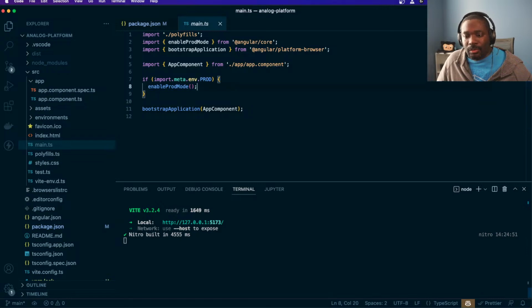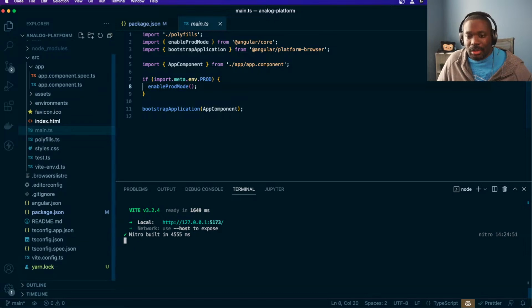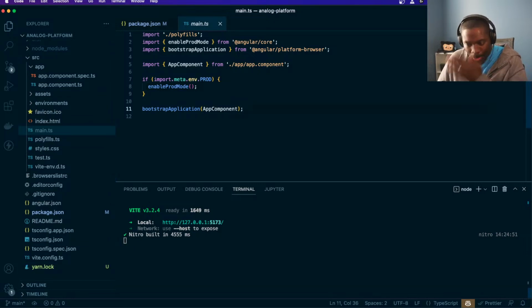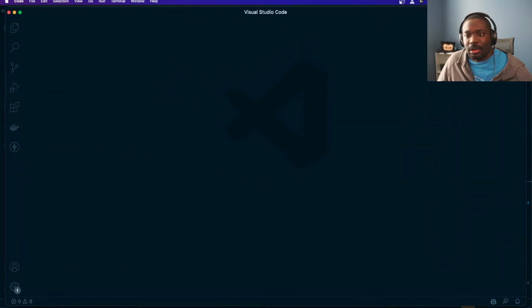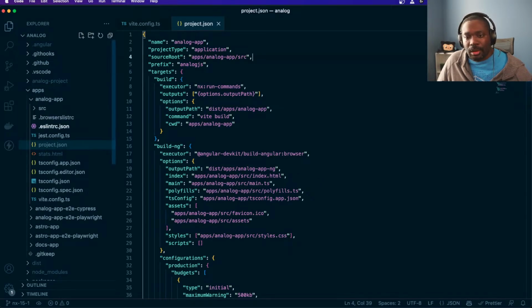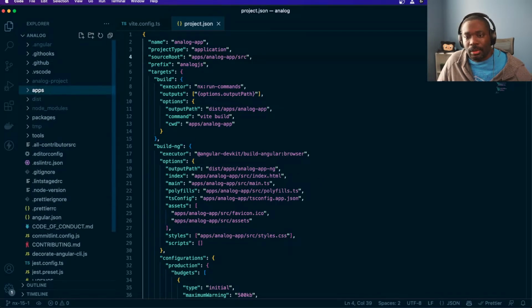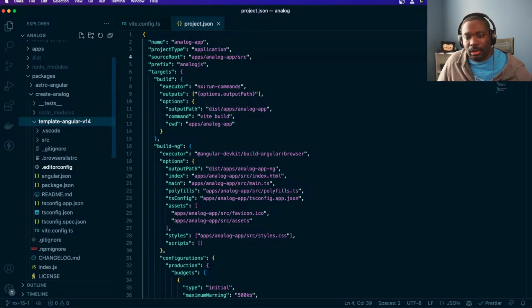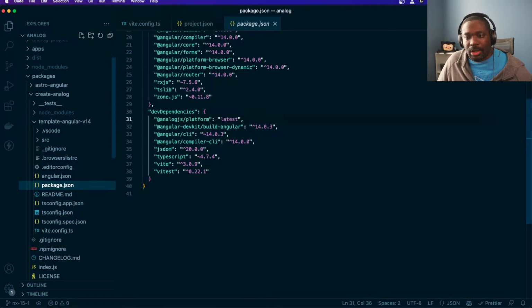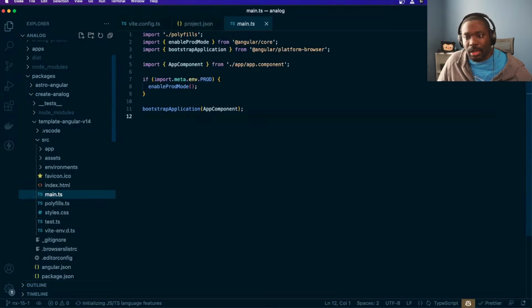And what will happen with the latest version is we'll include all the router and everything in this template. I thought I had the template included in here, but I'll check real quick. Analog app, packages, create-analog, template, application, platform, yep, that's there. Main, okay. I did not update the template itself